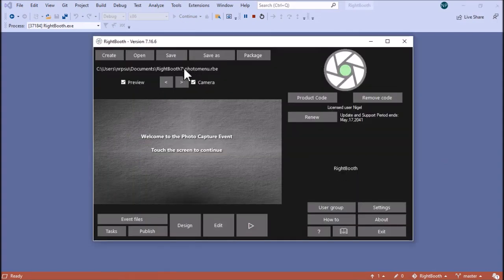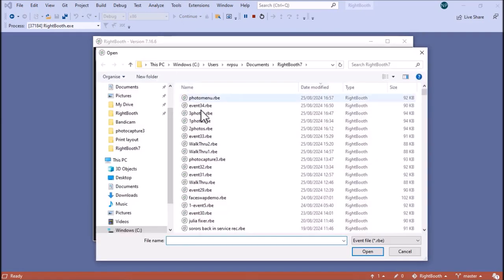So this is our starting event, photomenu.rbe. The last thing I need to do to tie all this together is to edit the three photo events so that they come back to this one when they're finished. So let's have a look at that. I'm going to open up one photo event